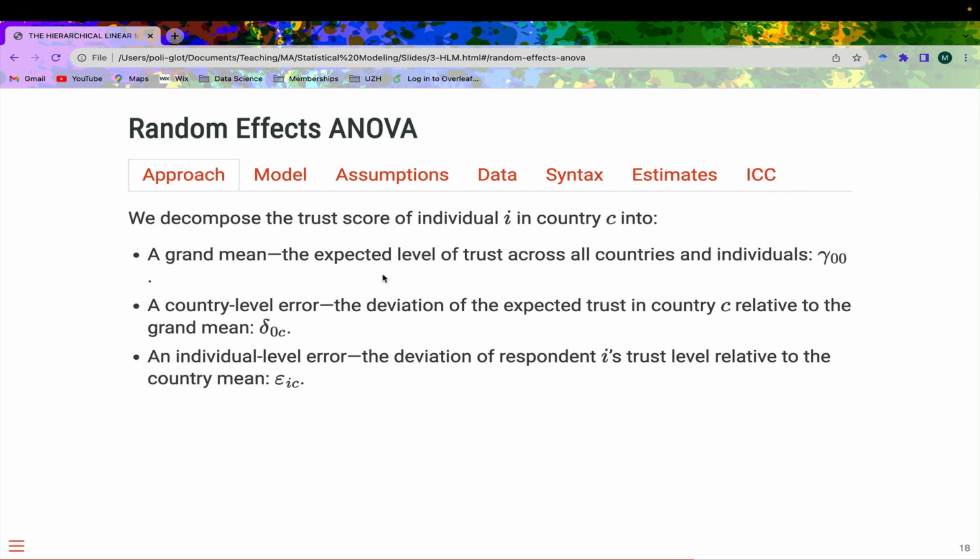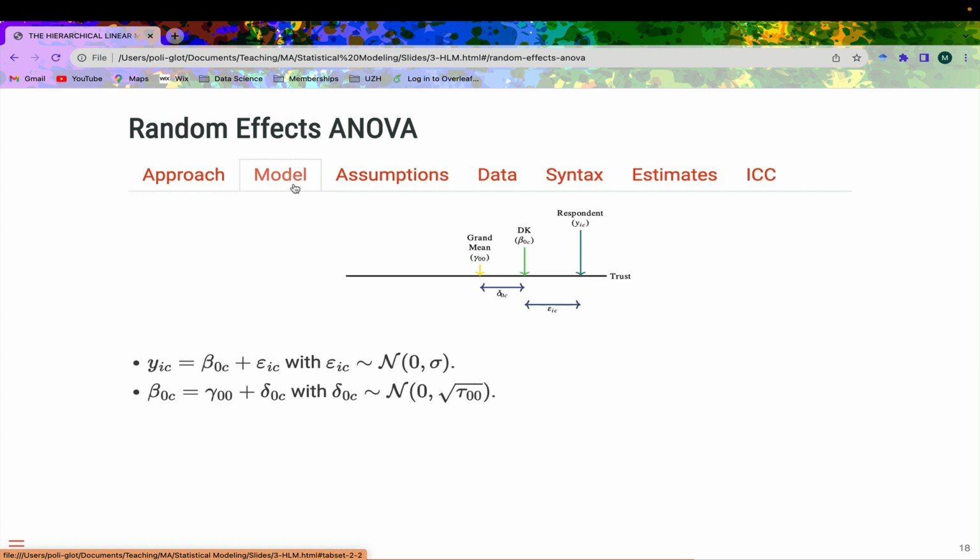So basically, the final score that we observe has to do with something that is common to all countries and all individuals, something that is specific to the country in which we observe the individual, plus something that is specific to the individual. We can very nicely illustrate that here, and in the process we derive a model that we can then estimate. What I've depicted in this picture here is the grand mean